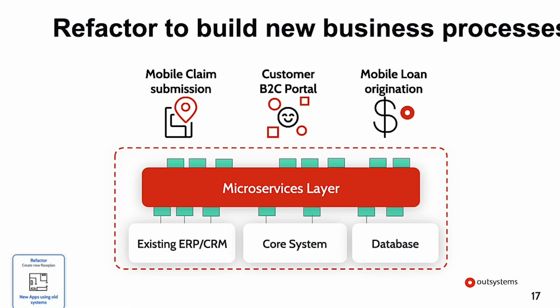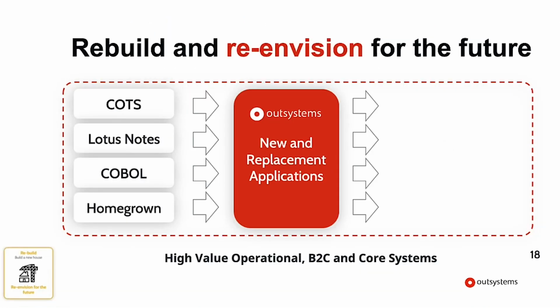We've seen customers build, for example, mobile claim submission. Customers have built B2C portals and even mobile loan origination. Again, these core legacy systems didn't necessarily have that capability when they were first built, which might have been 10, 15, even 20 years ago. And again, OutSystems is able to refactor these, give you these capabilities without really disrupting the legacy system going on. And then finally,